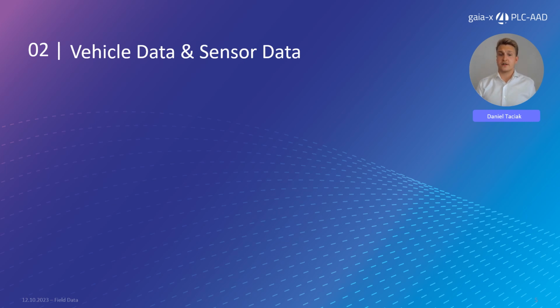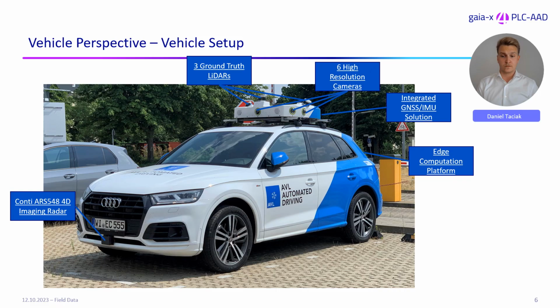After we now got the why out of the way, let's get to the how. To get the maximum out of acquired field data and avoid data incompleteness due to occlusion or similar effects, we rely on two different recording perspectives. Finn will explain the second one, the infrastructure perspective, after I tell you about the first one, the vehicle perspective. Let's start on the physical layer.